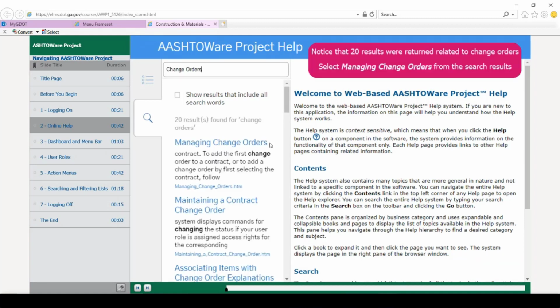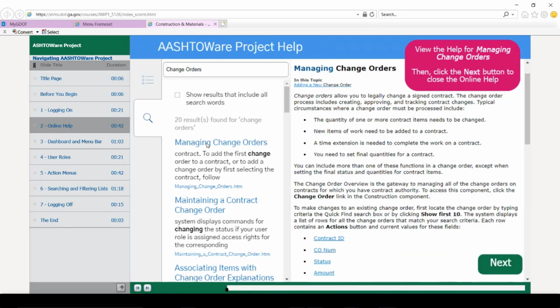And it will bring up any of the topic headings that have information on change orders. For instance, I can click on this first one, which they're all active links that show up in blue here. I can click on managing change orders from the search results, and you'll see on the right pane a detailed article on managing change orders.